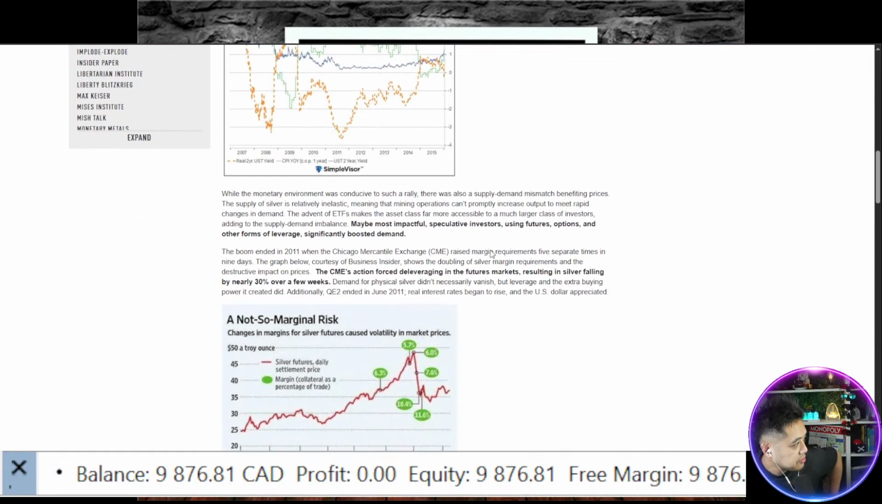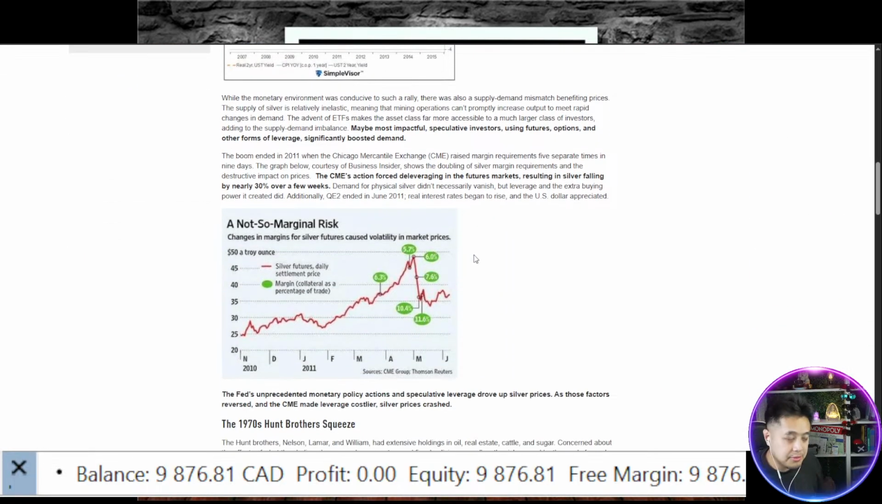But what this article is pretty much summarizing is that the CME action forced deleveraging in the futures market, resulting in silver falling by nearly 30% over a few weeks. So when the Hunt brothers used leverage in order to push prices, because it's heavy speculation, they were talking about industrial use and everything, and they saw that JP Morgan and all the banks were suppressing silver prices so much that they decided to try and push the silver price to a breaking point. Kind of like